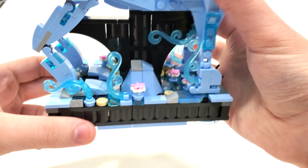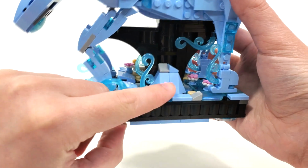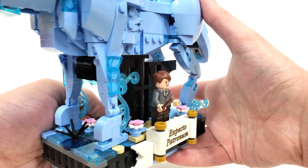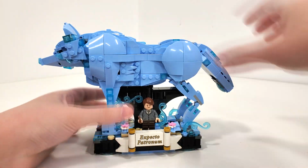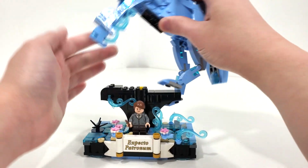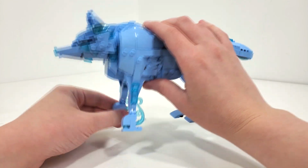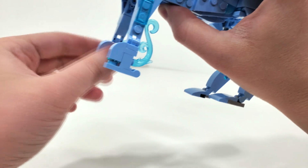As far as the rest of the base goes, you get a lot of the same sort of color scheme, a little bit of tan, and also just some flowers down here, which is a nice decorative design, but still it's not really my favorite. One other thing that I should note is the fact that I am happy, just like Dobby, that you can completely remove this thing from the base, just so then you can get a better sense of this guy in action. You also get the clip pieces in the opposite direction for the front feet, which does confuse me a